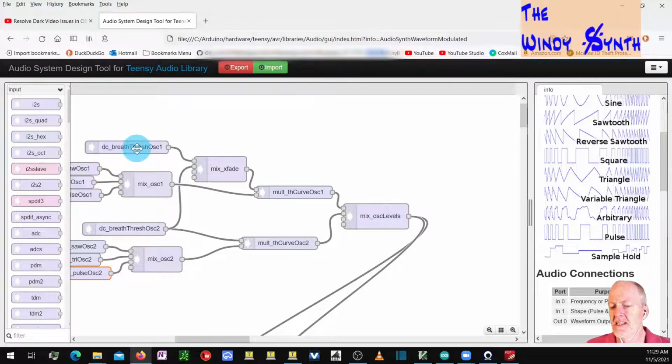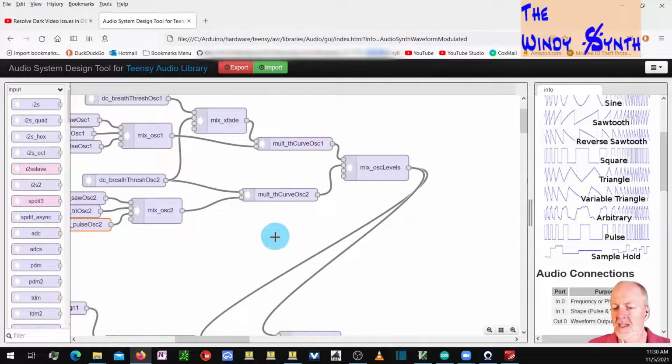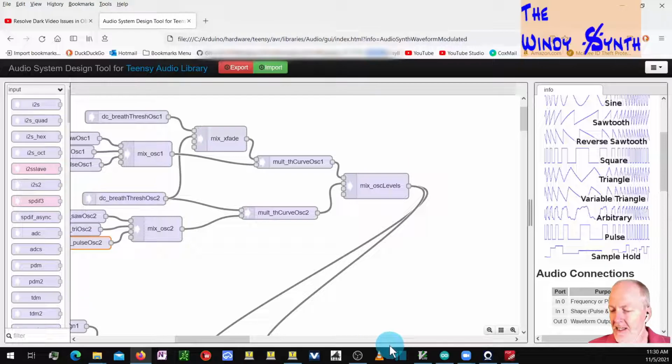See, this DC controller, when you breathe into the EWI, it sends the MIDI message over to the synth, and then that breath signal gets put here, and then that gets mixed in here with the, I'll talk about this one in a second, but anyway, the basic signal gets amplified here and then mixed together and moved to the next level. There's 2 oscillators, and the